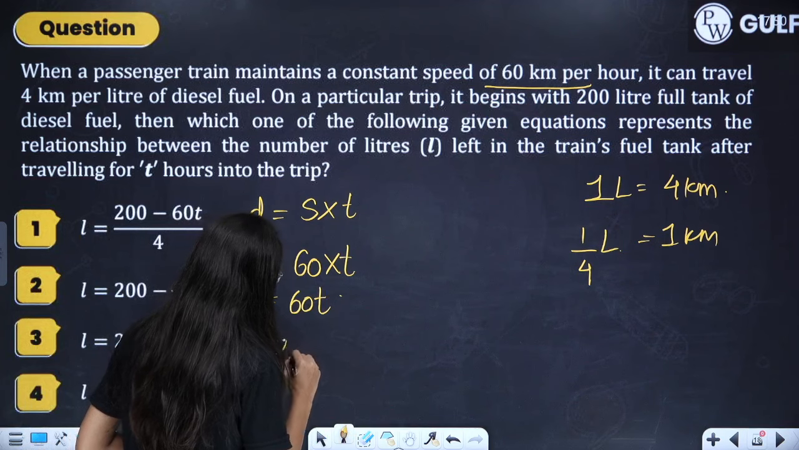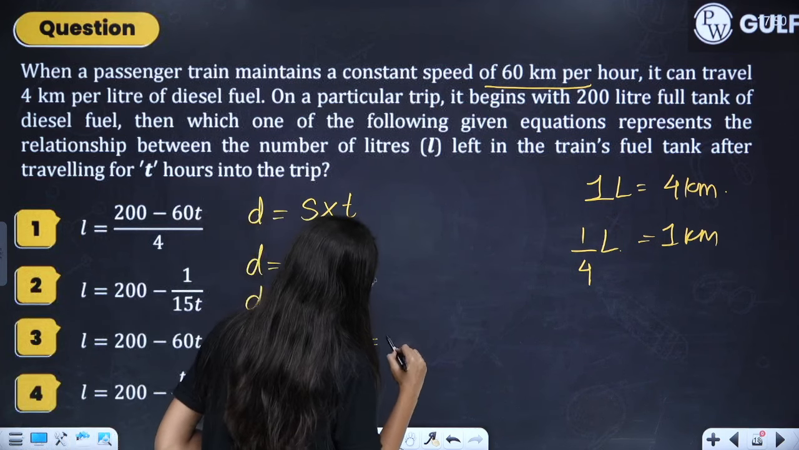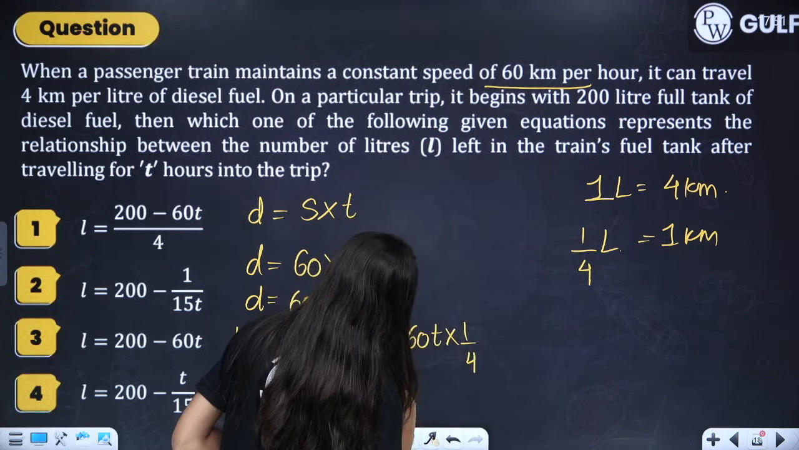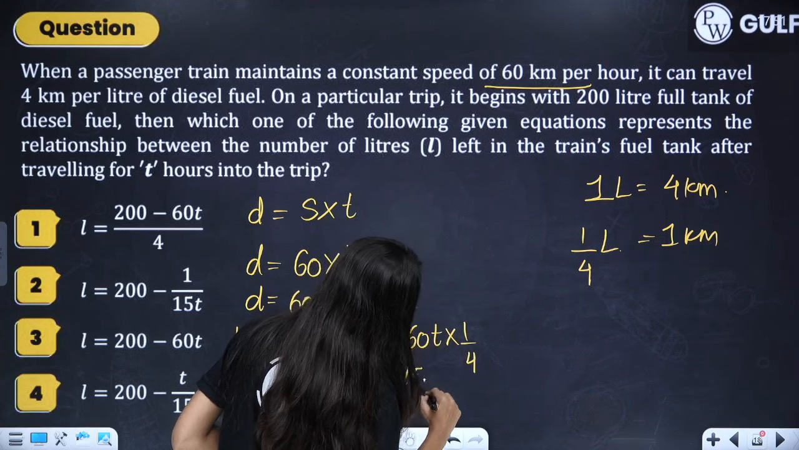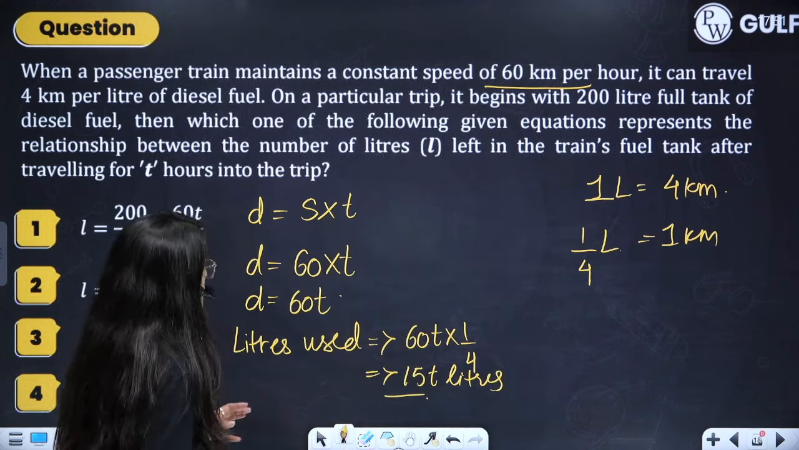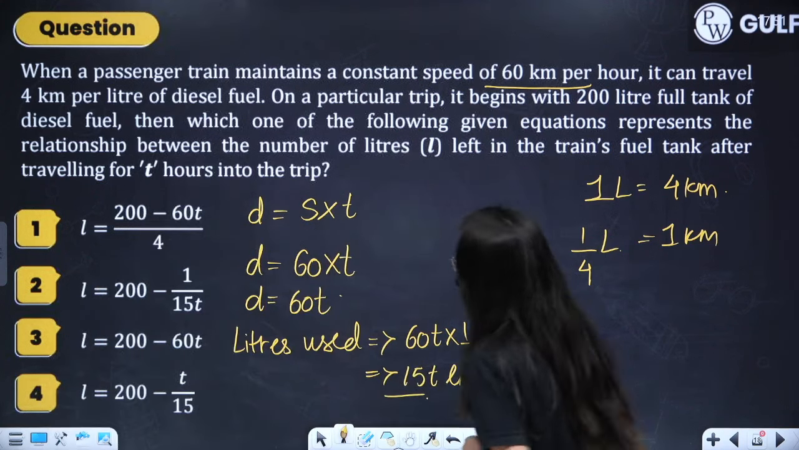I'll check the liters used, which is equal to T multiplied by 1 by 4 liters. Here T used, right? So my L will be, the value of L will be,